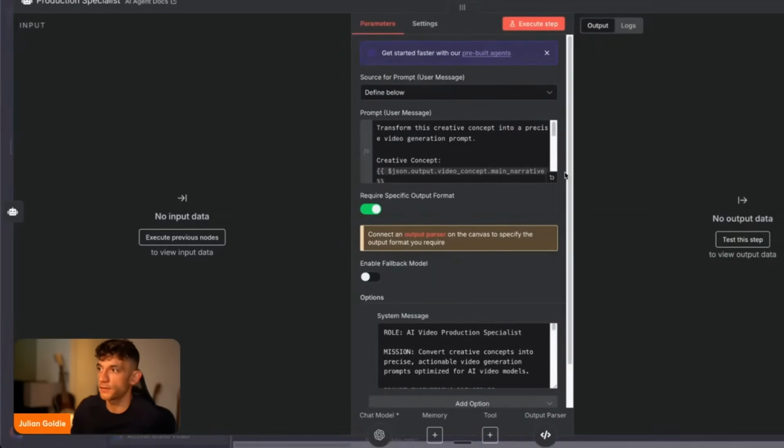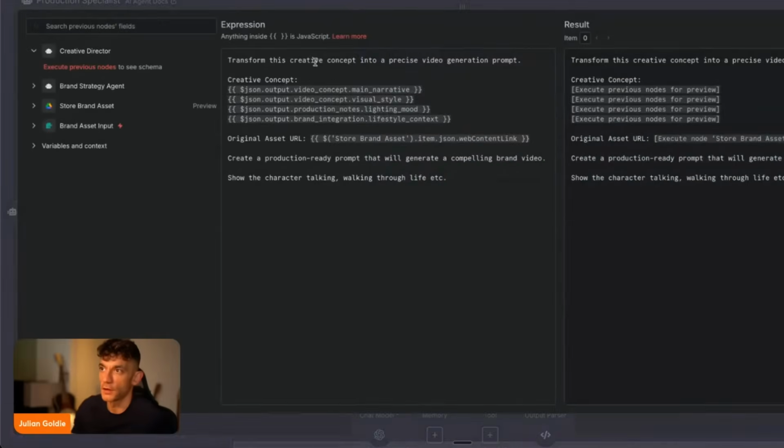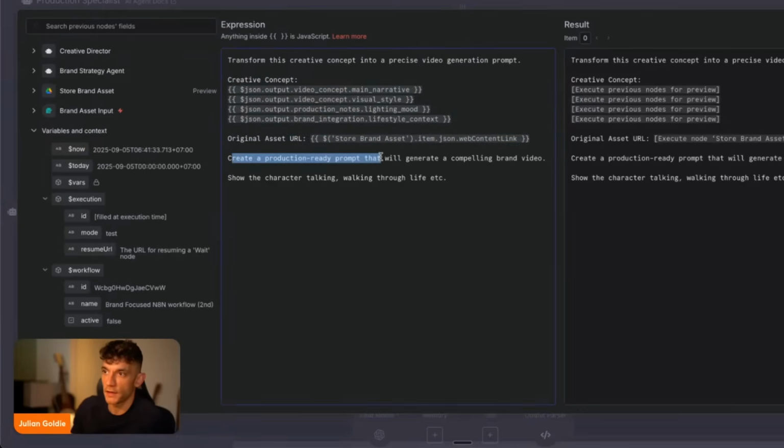And the production specialist basically just transforms this into a creative concept and a precise video generation prompt, right? So it's taking all the inputs so far, the mood, the style, the target, the creative, the strategy, and it's going to turn that into a video prompt based on all the previous outputs. It's going to take that original asset URL. So this is where it pulls the image in. And then we say create a production ready prompt that will generate a compelling brand video, show the character walking,